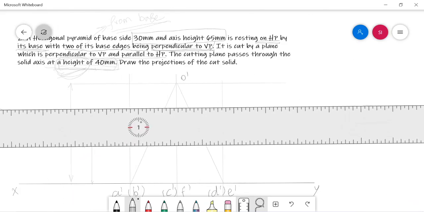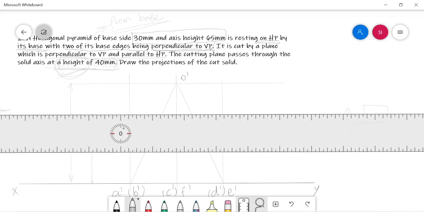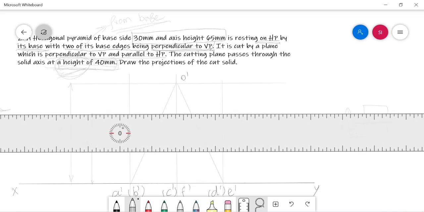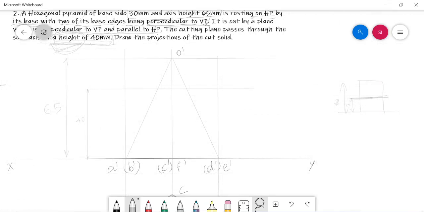And then estimate the range at which the cutting plane is going to meet the solid axis. In this problem, the slant edges O dash C dash and O dash F dash are in line with the axis line. That's why I didn't highlight the axis with the dashed dotted line format. We need to give priority to the edges only rather than the axis line when you are going to view it in the lateral portion of the solid.